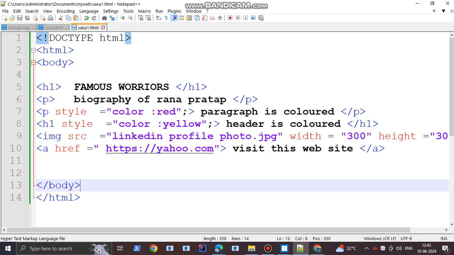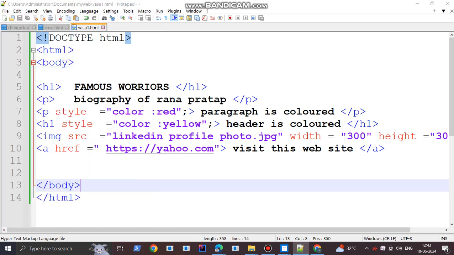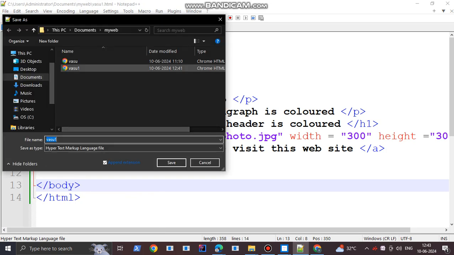Here we need to mention the website address, and then it ends with the a end tag. This is the content. Body closed, HTML closed.